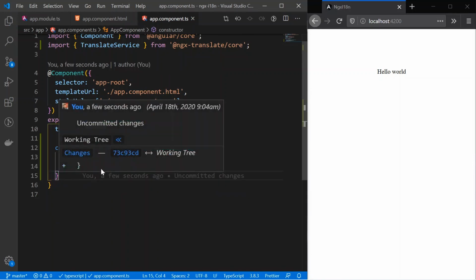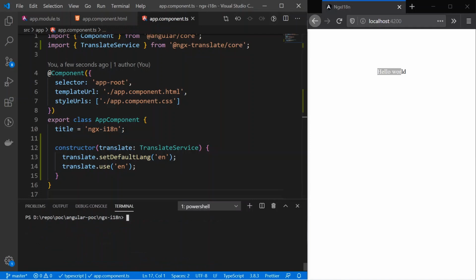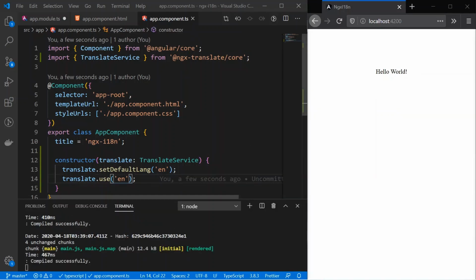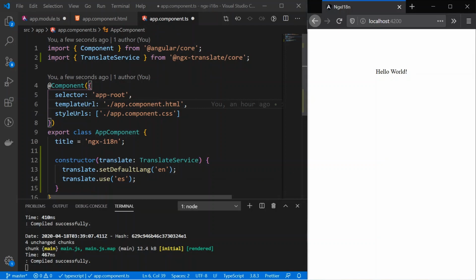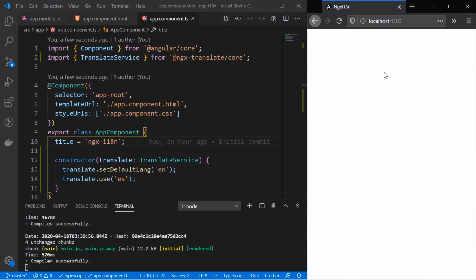Okay, let me start the application so that we can see at runtime how this works. Okay, so our application is started. Now let's change this en to es and see how this text changes. So I saved. Okay, so I think there is some, yeah, got the error.